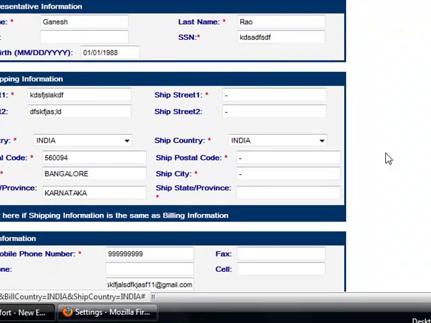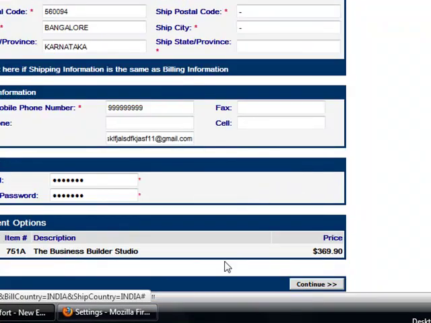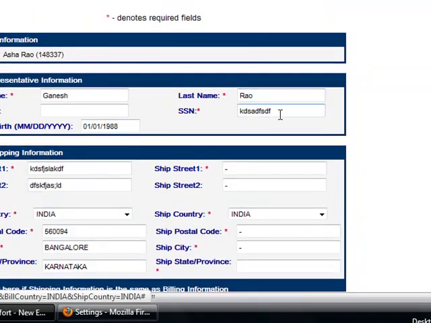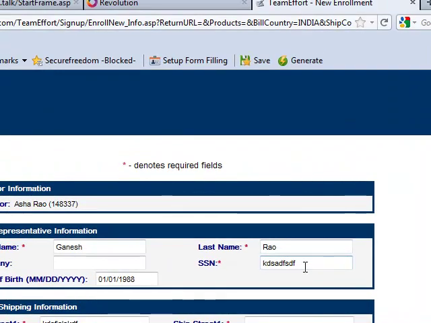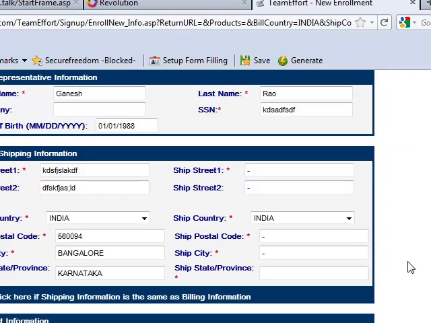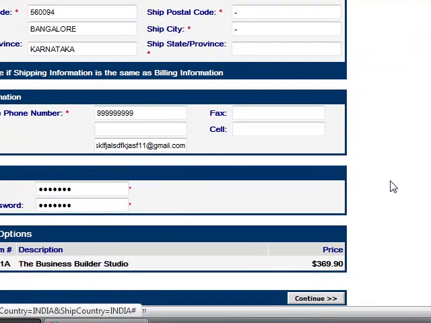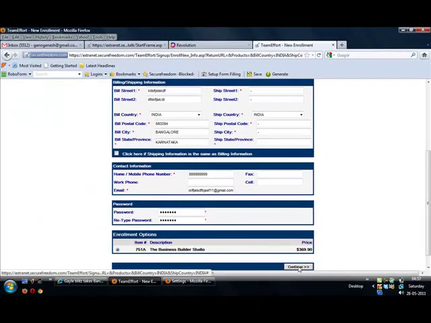Here what you have to do is next, business builder package $369.9. See, if you are opening multiple IDs, let's assume one person is taking 3 IDs which is available in India. For the first ID you have to put the PAN number, for the second and third ID put a dash in the SSN field, because once you enter one PAN number, for the second and third ID you have to put a dash so that you can enroll a person's 3 IDs. You call it tripod, very easily. So once you are done, you just click the continue button.